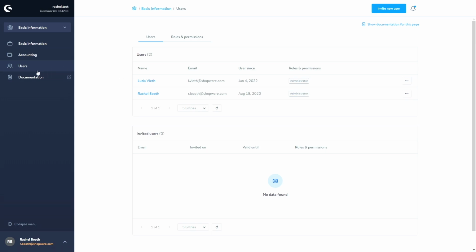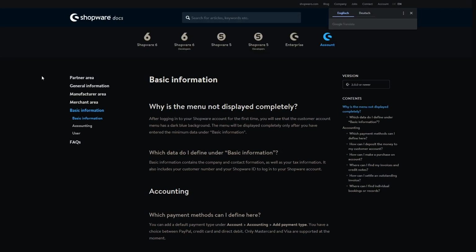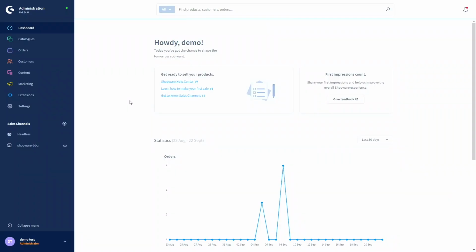Your users, and if you click here, you directly get linked to our Shopware documentation. If you still need help with things in general, there's also a lot of help and tips in our documentation. You can find our documentation under